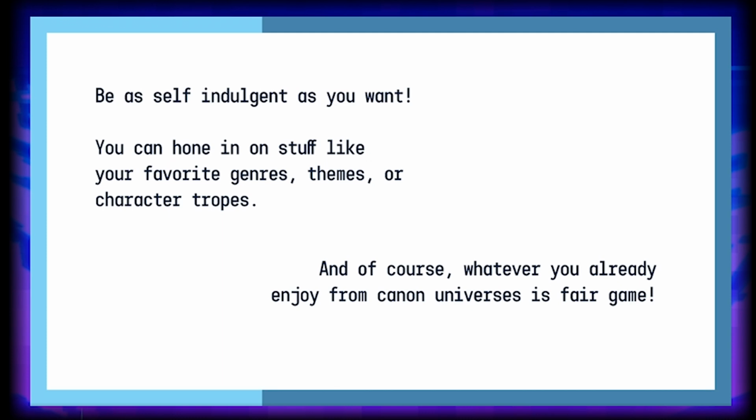So, in general, I love coming-of-age stories with young protagonists, and I like a decent balance of action and slice-of-life stuff. And of course, you can also consider what you already enjoy from canon universes. I'd say anything's fair game there. If you're mixing and matching stuff from the live-action movies, animated, and IDW, it's gonna wind up being pretty distinct from all those things in the end. I really love using more obscure and underused characters, and if I do decide to use a more mainstream one for my main cast, I try to change them up significantly.